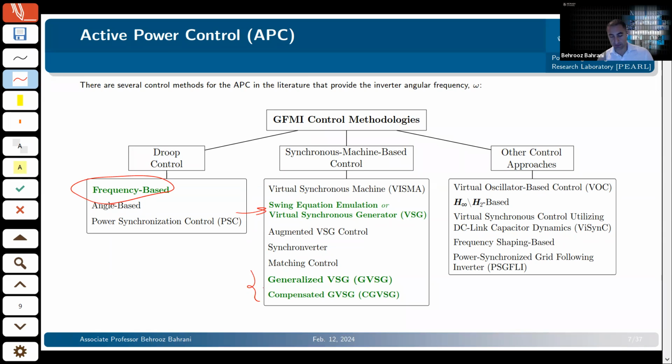These are the two variations of VSG, and probably more interesting is the compensated one. This is a strategy that we proposed 2 years ago, which is based on VSG, but provides a little bit better performance. But mainly these two, the droop and the VSG, are very well known, and I believe most commercial products are either using exactly them or a variation of them. Having said that, we need to acknowledge there are other variations such as VOC or other approaches that people might use. But for this presentation, I'll be mainly focusing on frequency droop or VSG type controller.